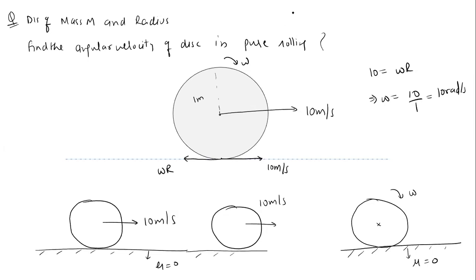Fine. So from these two experiments, we have to understand one point: friction is responsible for rolling the body. Friction force is responsible for a combined rotational as well as translational motion, or we can say rolling motion. So for a rolling motion, we require friction force. If there is no friction, you cannot have a rolling motion.